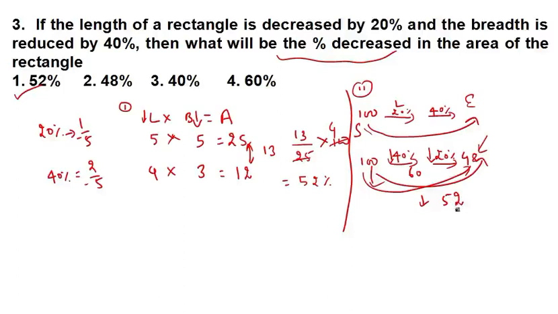Now by what percent did it get reduced? So the actual value is 100. I'll write 100, and if you want to take any percentage, then you have to multiply by 100. So this 100 will get cancelled, then it will become 52%. Okay, it got reduced by 52%. Simple, very simple. Let's move ahead.